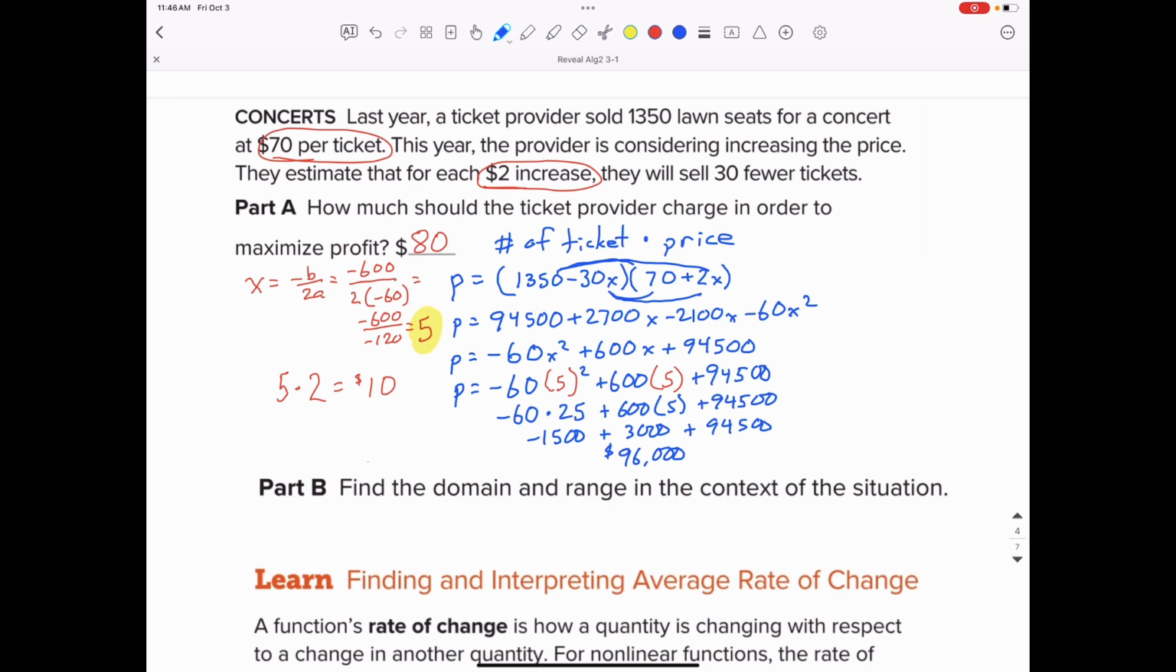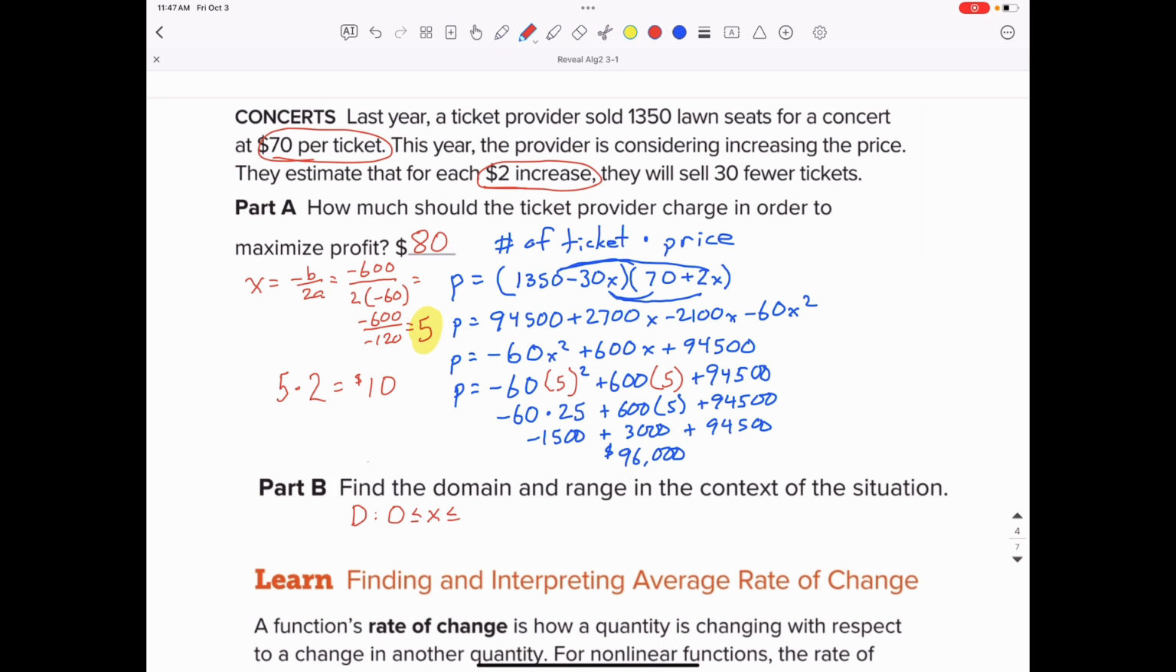We need to know the profit mainly for part B. It says find the domain and range in the context of the situation. So again, the domain represents ticket increases. You are not going to have a decrease in ticket price. He's only going to do increases in the context of the problem. So the domain is going to be 0 less than or equal to x, less than or equal to,